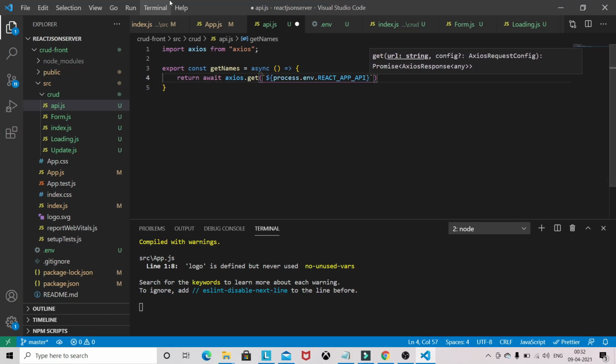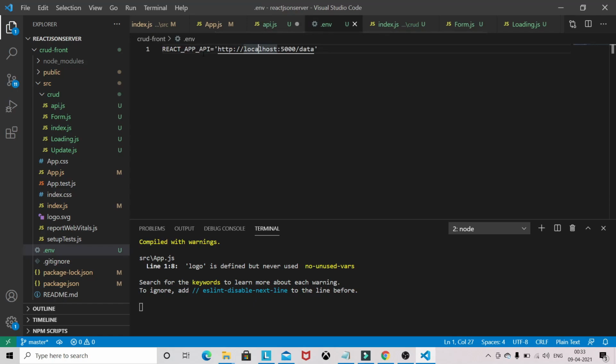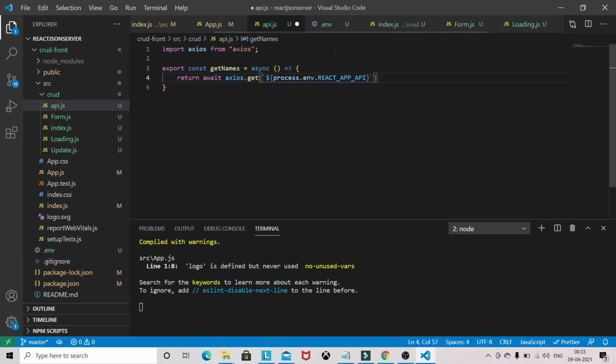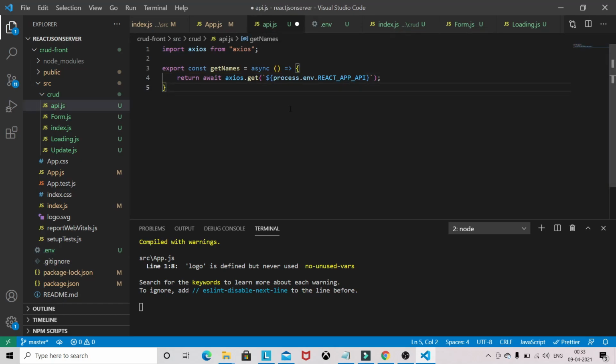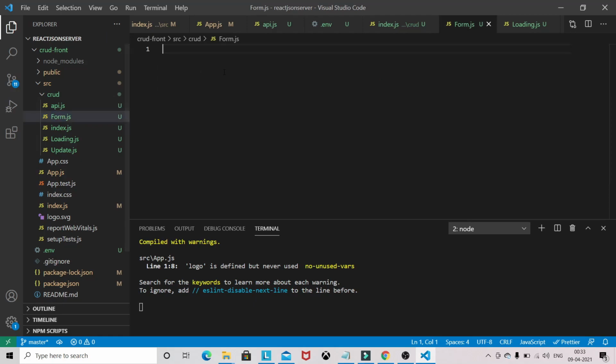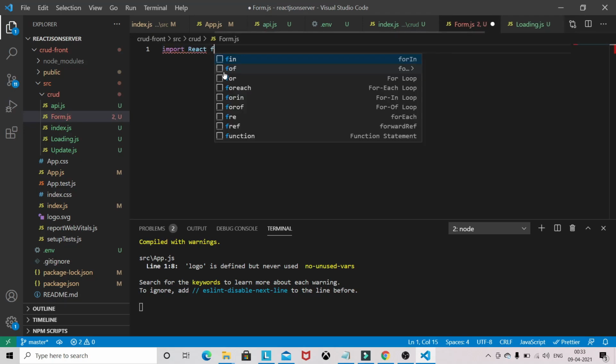This is the name we have given in our environment variable. So this URL is returning all the data. We need all the names first, so we will display the names first. Meanwhile, I will be working on this home component. So let's first create this home component.